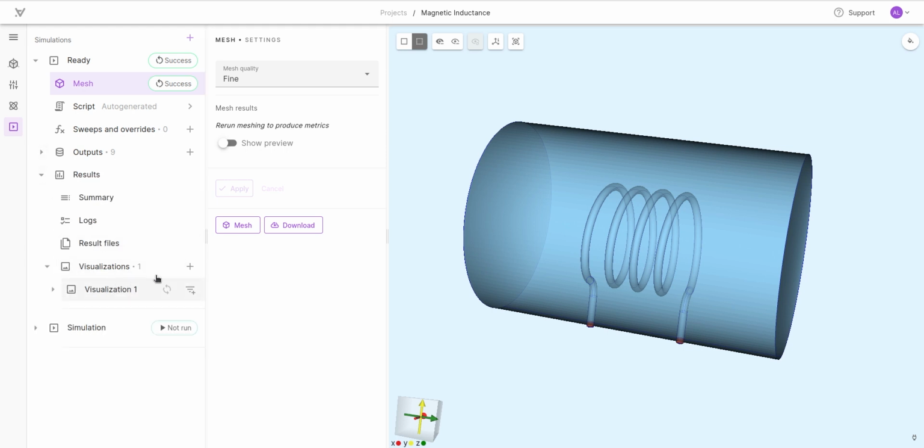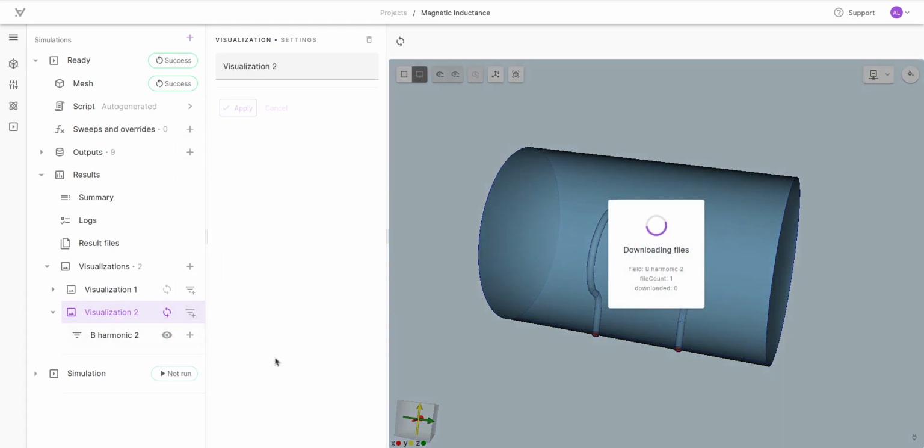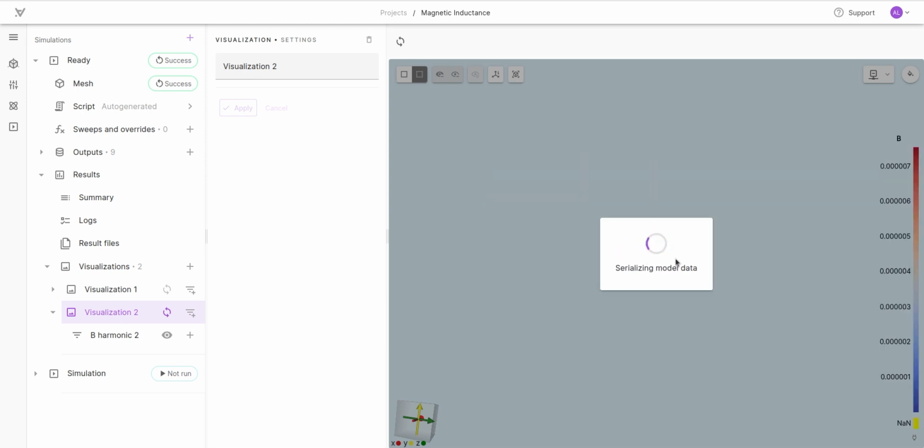so I can add a visualization. I have already run this simulation. I can add a visualization. I select magnetic flux density second harmonic. You can see that